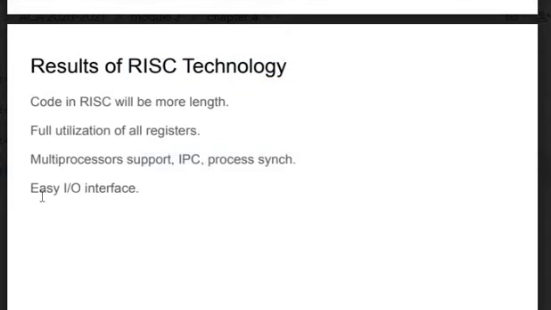Next one is user interface. That means an easier user interface. You can think of an ATM, cash withdrawal from the ATM, which is easier than cash withdrawal in the bank. ATM is easier because there is no need to write the slip, wait in the queue in front of a bank, or visit a particular branch only.